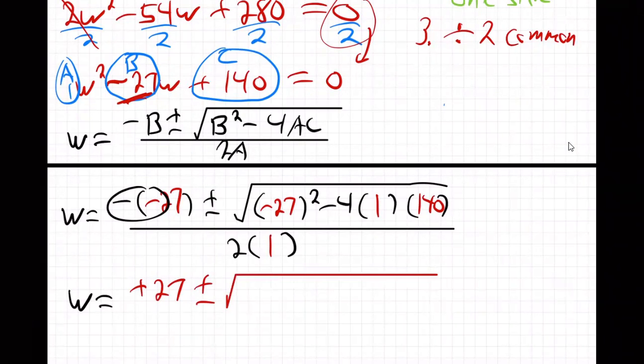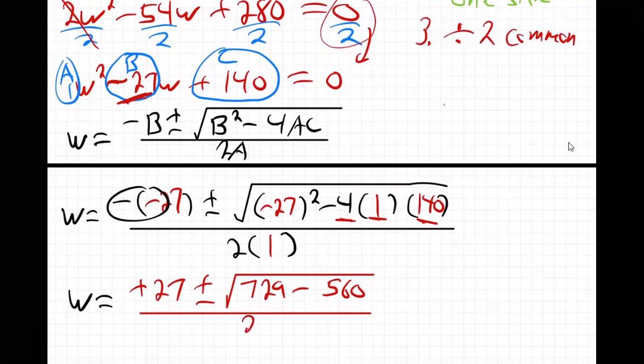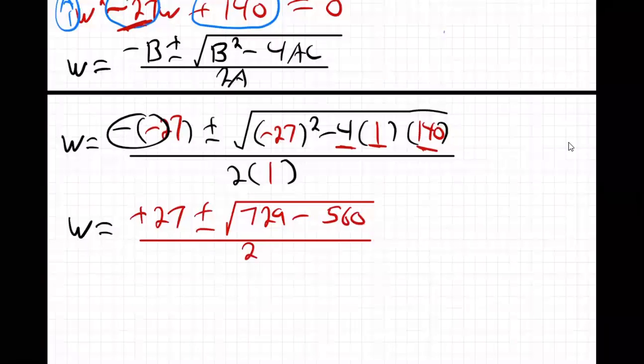square root. All right, 27 squared, I have no idea. I'm getting 729. Minus 4 times 1 times 140. I'm getting 560. All over 2a. So 2 times 1, 2. All right. And what's that? That is W